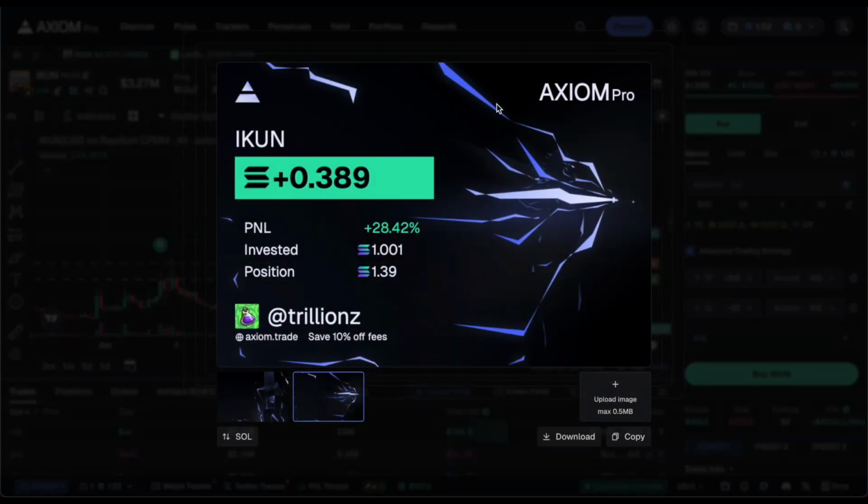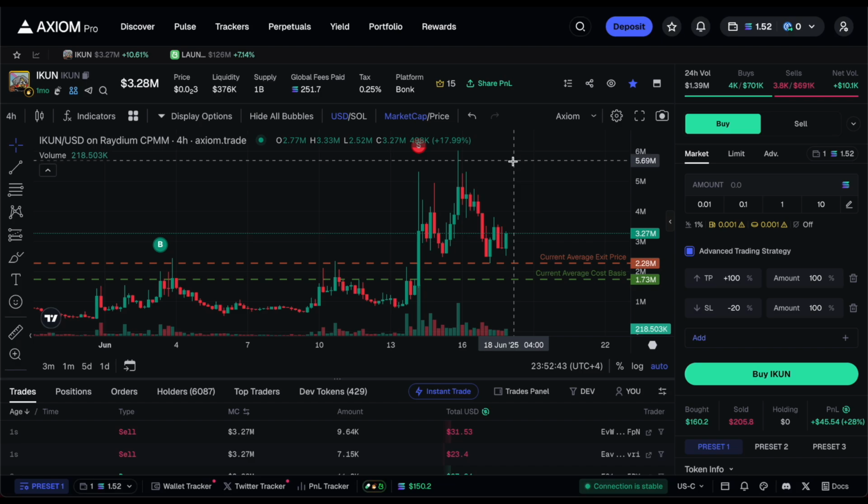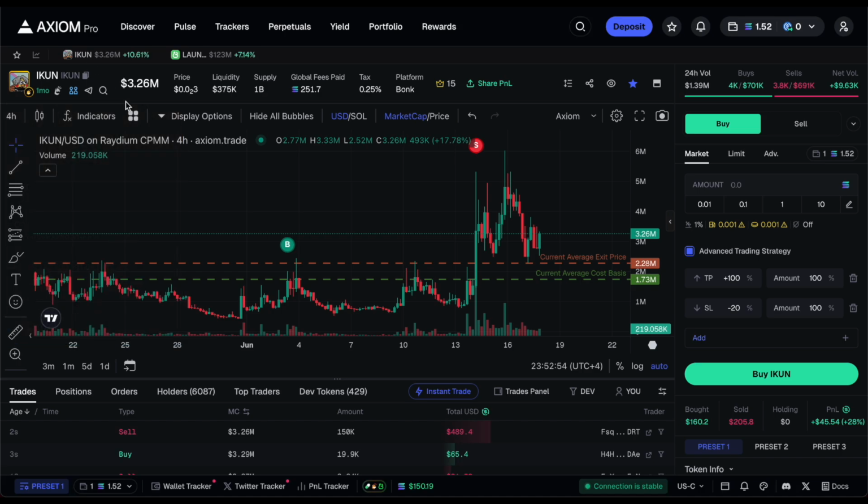Like I said, big baller right here, and we've seen some of these P&Ls with thousands of Sol, millions of dollars, and that could be you or I. So you have your chart setting here, all standard. You could share the pair link. You can hide tokens and pulse, but pretty much very similar to any other trading terminal platform that you use,